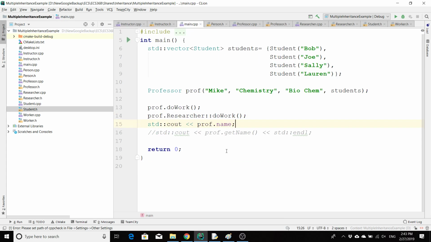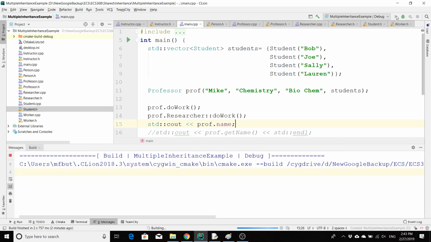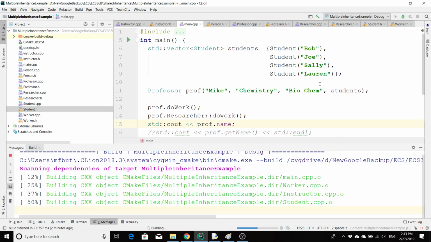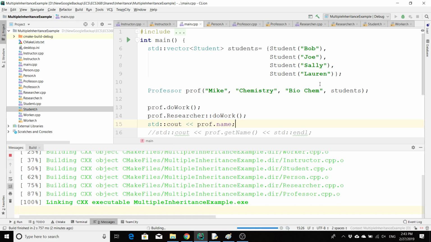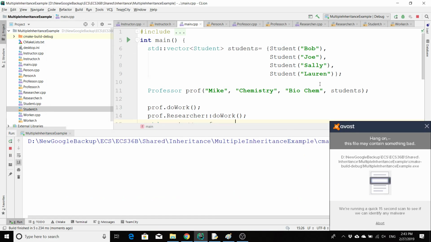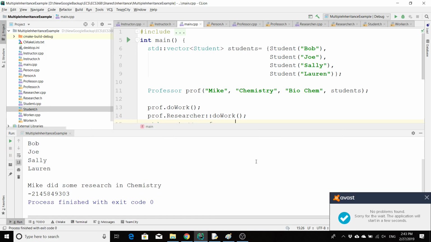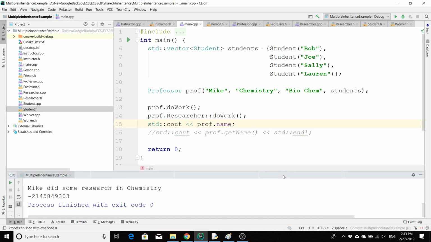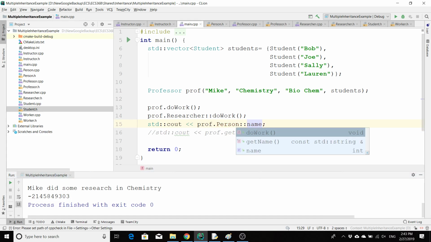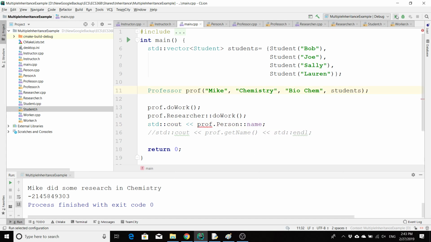And now here, I would expect a number to be printed out. And so a random garbage number comes out because it didn't initialize it. But if I wanted the name, I'd probably have to do prof.person : name. And now,